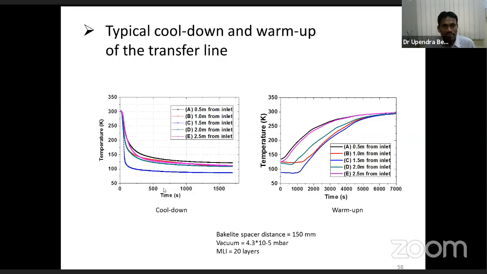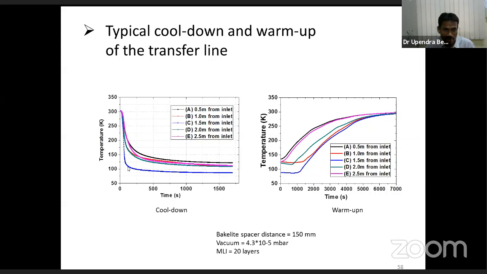And you can see that we have put different sensors, as I told you, starting from the inlet. Sensor A is at 0.5 meter from the inlet, B is at 1.0 from the inlet. So at every 500 millimeter distance, we have put the sensors, and you can see that the sensor at the middle, which is at 1.5 meter from the inlet,